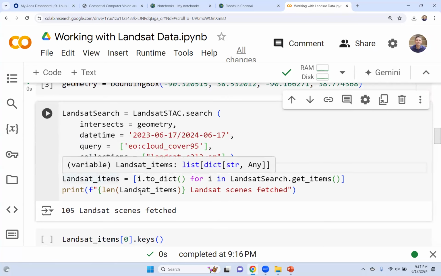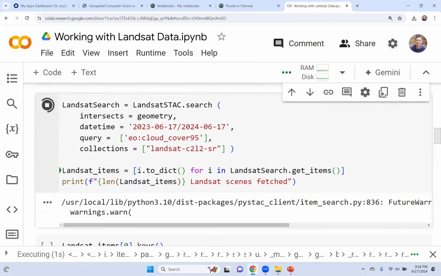So this is my search criteria. And I'm asking the Landsat server to give me data from this time interval within this geometry with all these parameters that I ask it. So when we run this,